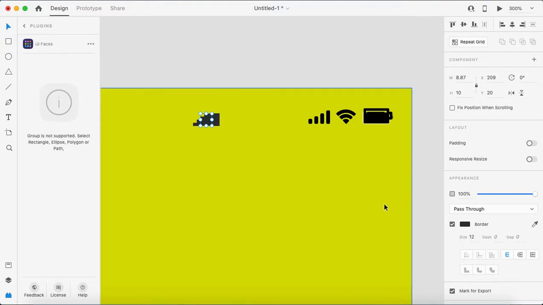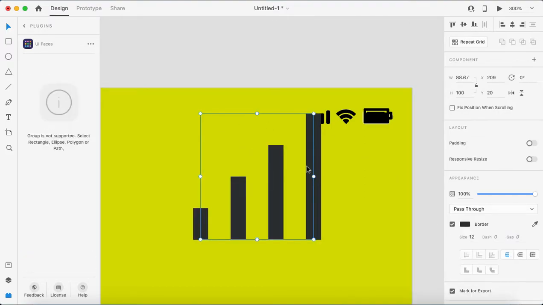Here actually they have given a 12 border size. Now what I'll do, with the big symbol, a 12 border size might be required, but when we are making a small element, we might not require 12, I mean this much big a size. We have to reduce it because we are reducing the size as well.